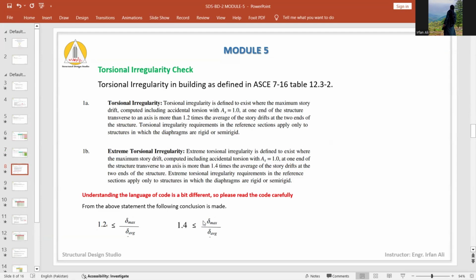An important check is the torsion irregularity, which we normally have in each and every building that is not regular. The torsion irregularity as per the ASCE 7-16 Table 12.3-2, but I have only added these two